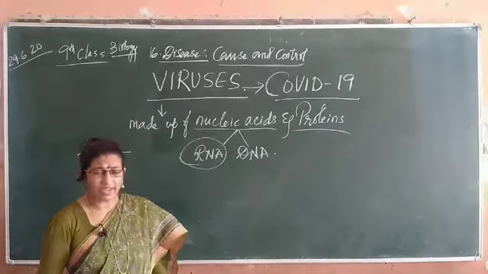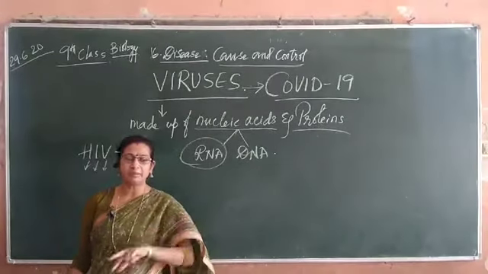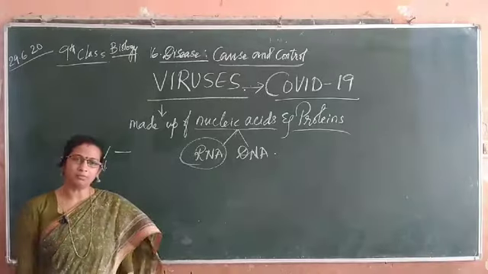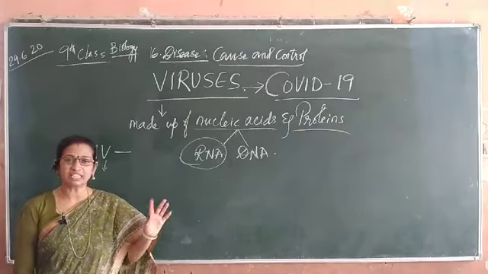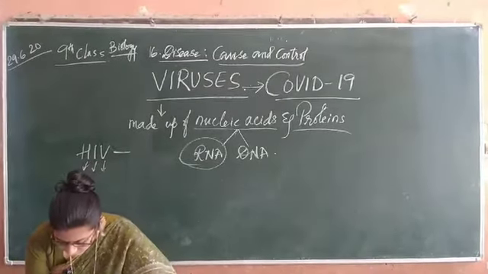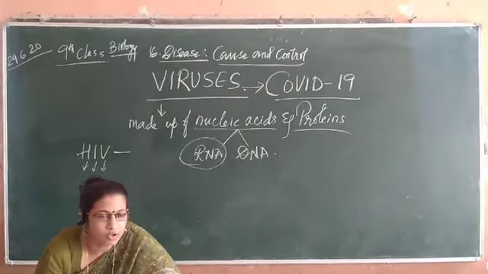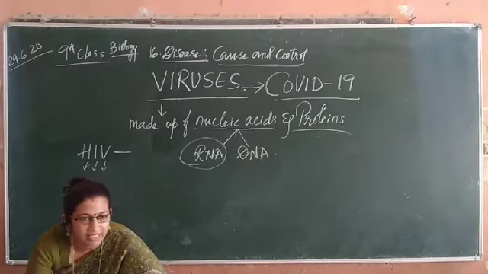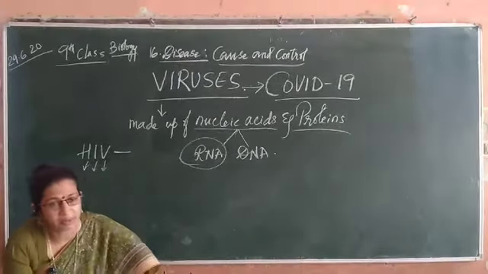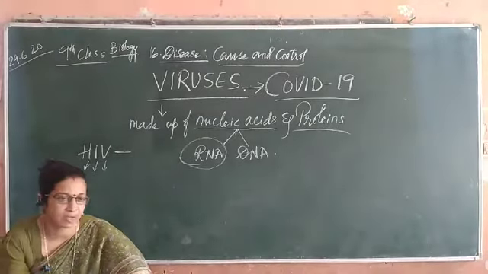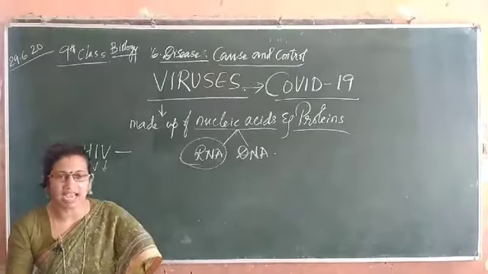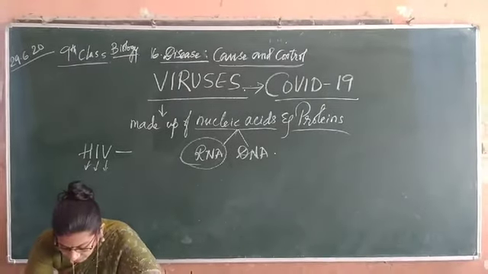But how is AIDS spreading from one person to another person? Is it spreading by spitting on him? No. So here transmission of AIDS is through sexual intercourse, that is by sexual mating, having sex between a person who is infected with HIV and a person who is not infected with HIV. A normal person, if he has sex with an HIV person, then he will have AIDS.